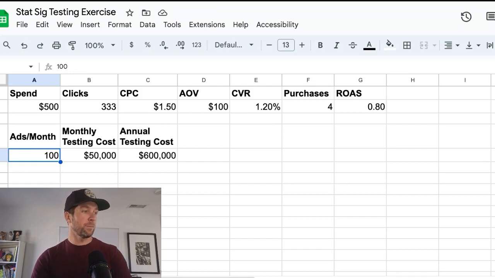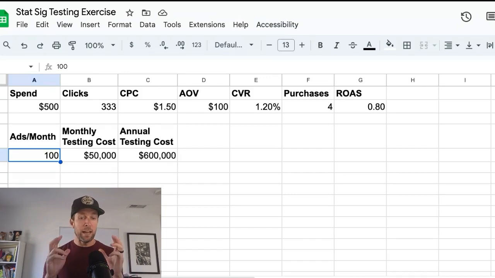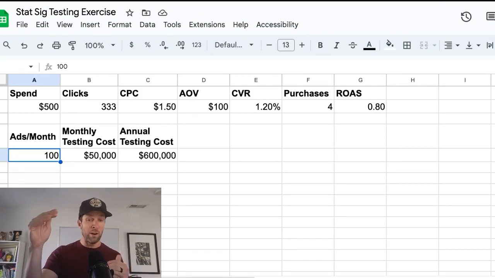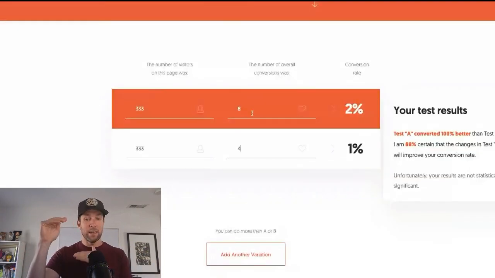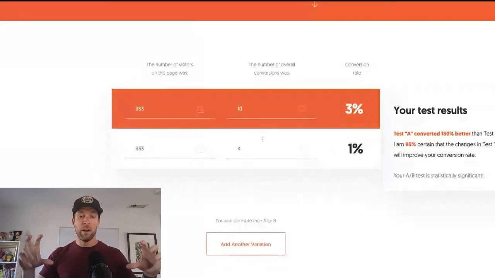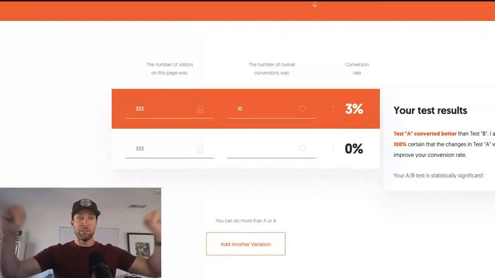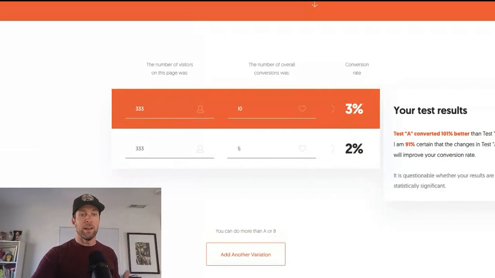I mean, even if you take something like, let's say we get 10 purchases, so you get a 2-to-1 ROAS on those first 333 clicks. Again, you actually can't be sure that you have beaten an ad getting 5 purchases, a 1-to-1 ROAS. So a 2-to-1 ROAS is not necessarily better than a 1-to-1 ROAS in terms of predicting this at scale, in terms of predicting which ad is a winner. You don't have statistical significance yet. And so that is the core point that I'm getting at. So I hope that makes sense to you.